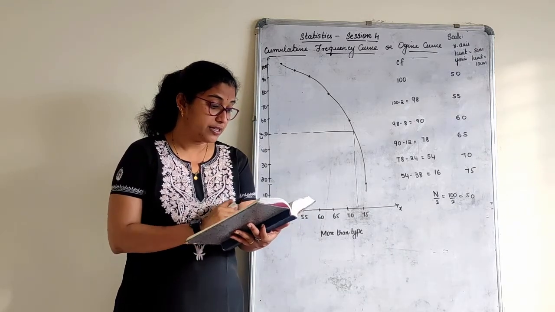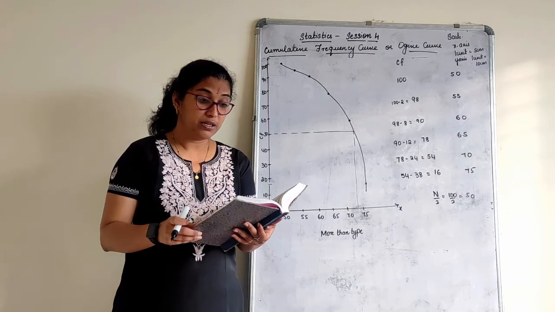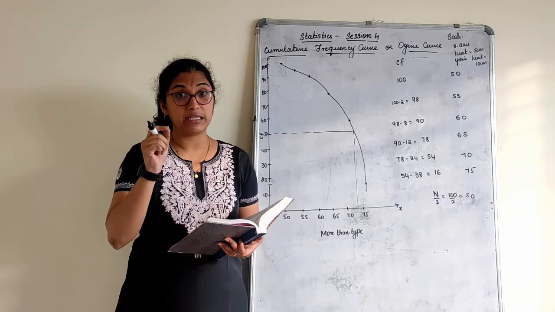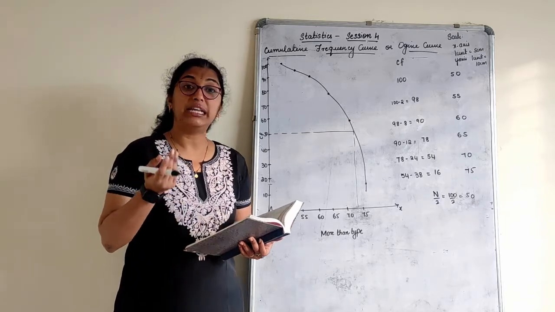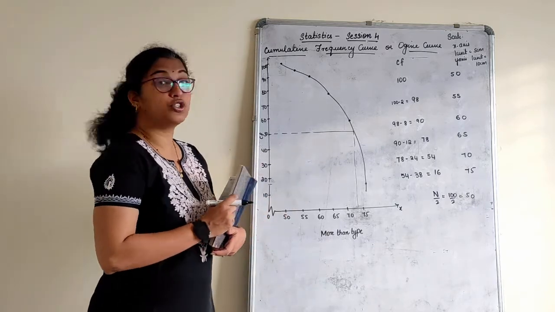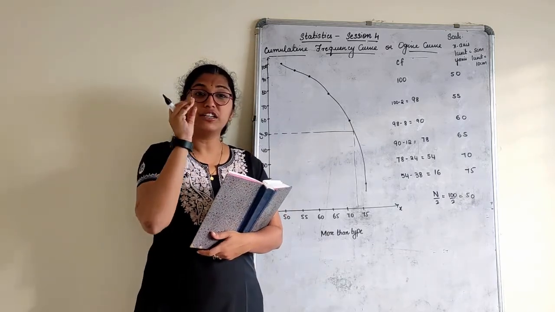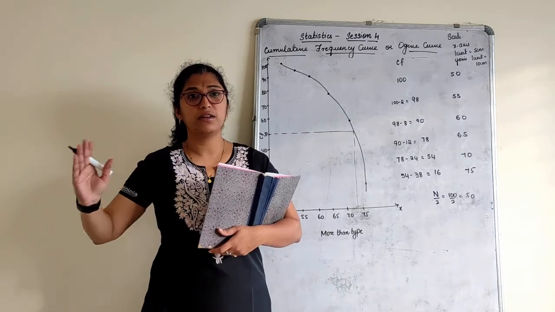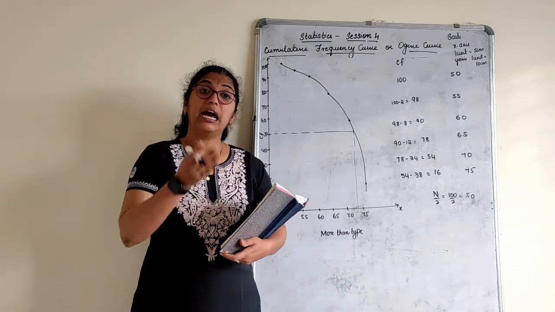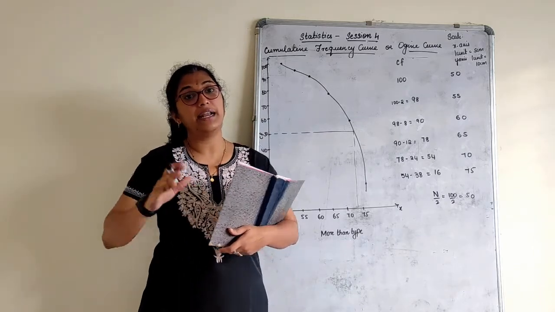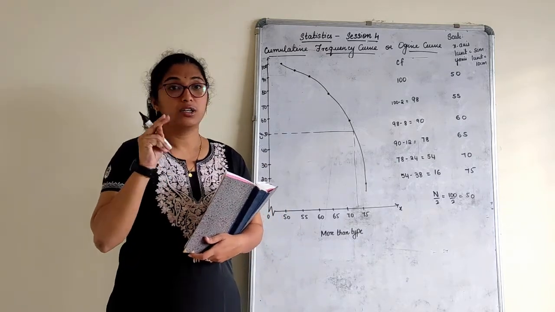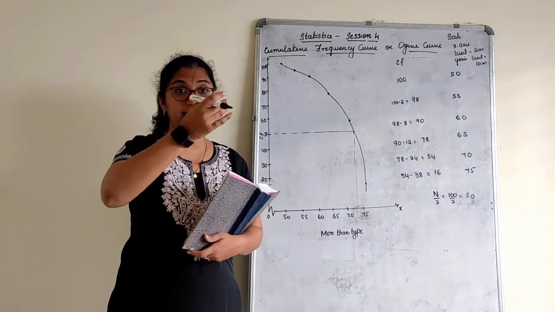Sometimes what they give here is, they also give you a table. For example, draw a less than type. You will get this question in my question bank assignment book what I have given. Draw a less than type and more than type Ogive they'll ask you. So for that what you have to do, a given frequency, first convert that to less than type according to less than type cumulative frequency. It's ready. Then again convert it to more than type in accordance with more than type cumulative frequency. Two frequencies you have, two different types, less than, more than.